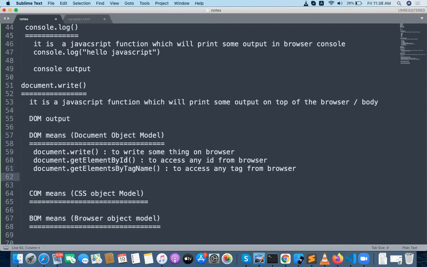And one more function is document dot getElementsByClassName, which is the function to access any class from the browser. I will teach all of these one by one, including how to manipulate CSS with the SOM model and the browser related content with JavaScript.